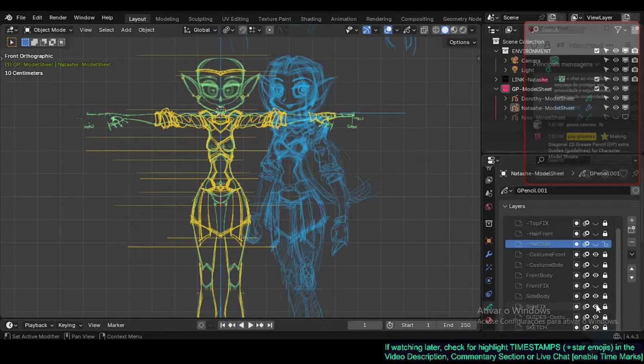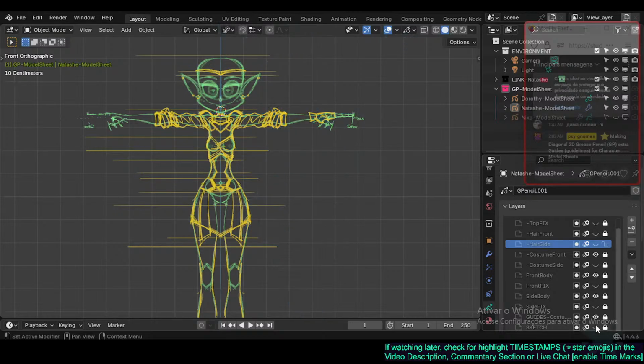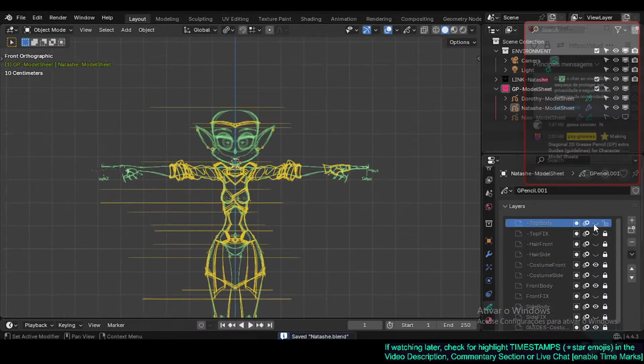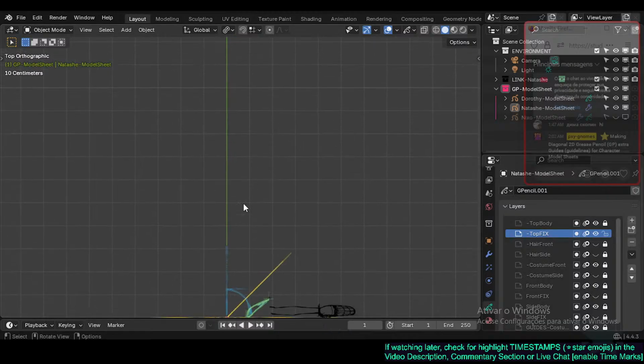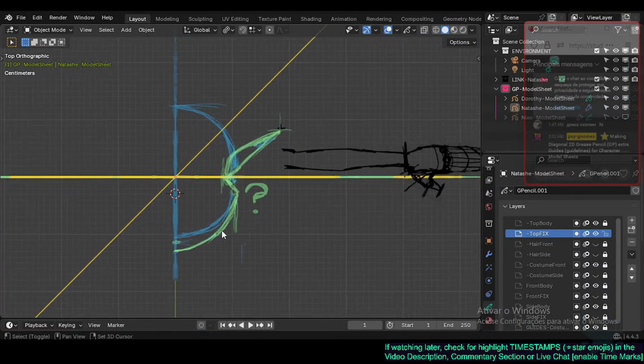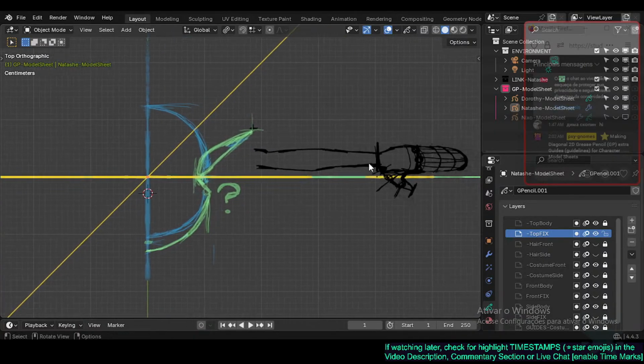Side body also important, and guides maybe. Sketch probably not in this particular case, so we're gonna address the top body. So this is a special technique for technical drawing. So we can also